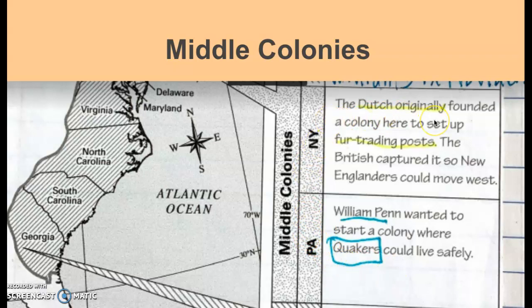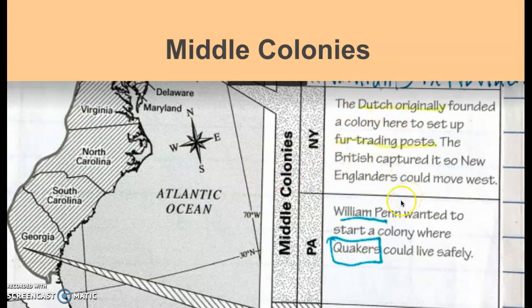New York originally is founded by the Dutch, and as a colony set up as fur trading posts. They were there for the abundance of, and in particular, beaver fur. And so they were there to establish fur trading posts. Eventually, this colony is taken over by the British, and it's no longer called New Amsterdam as it was under the Dutch, but it will be called New York. And this is going to allow New Englanders to actually move further west once Great Britain captures and takes